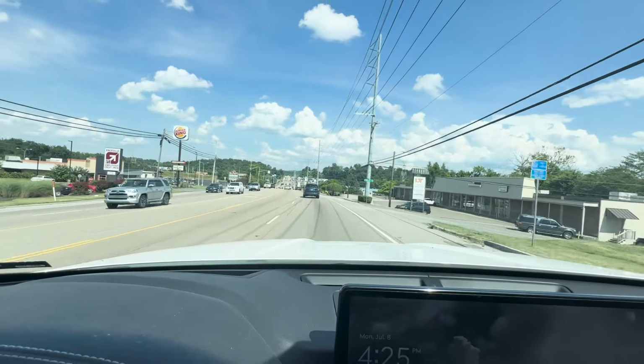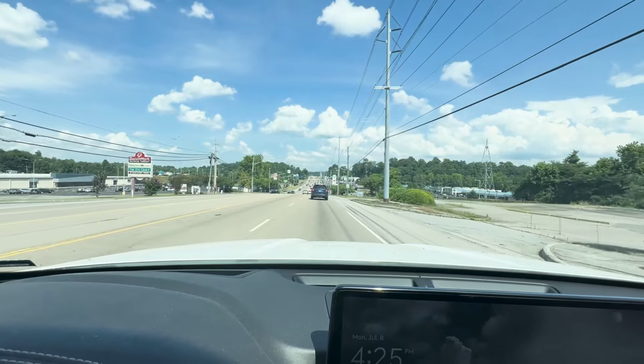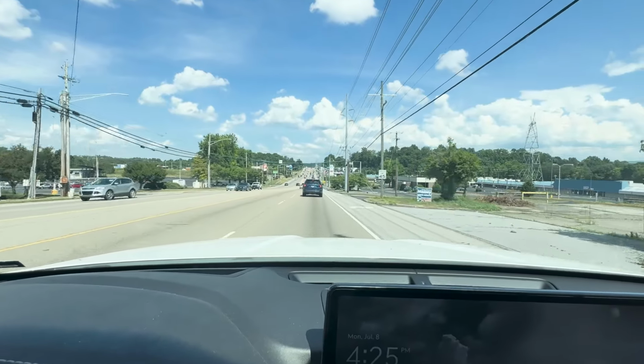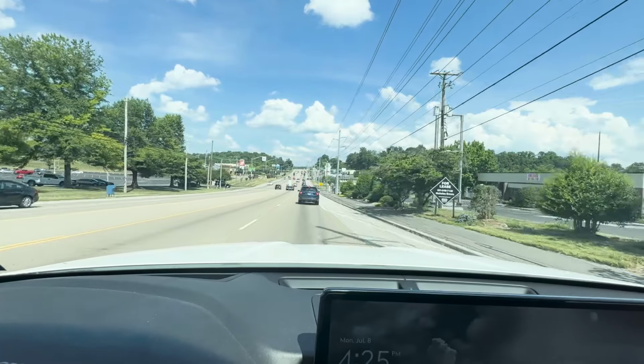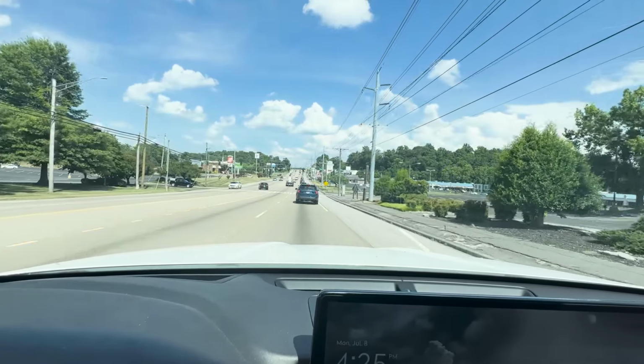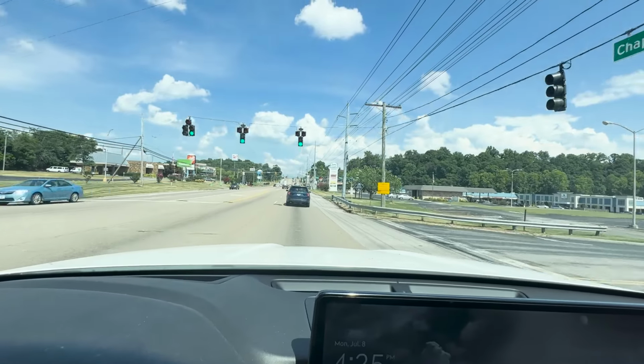So now we're coming into almost nearly the very end of Knox County. We've got about 7 minutes to go truly until we're at the end of the county line. The reason why I know that is because I live just past the county line. That's why I know it's 7 minutes. But we're coming into kind of the last